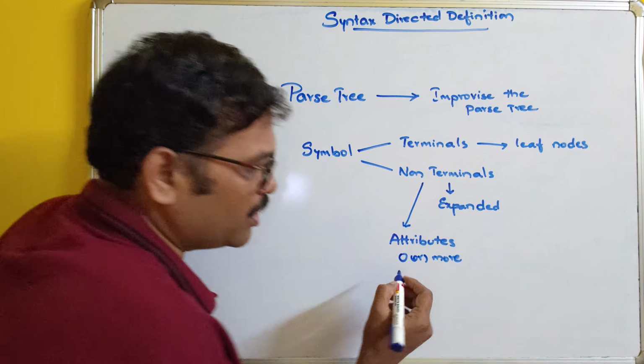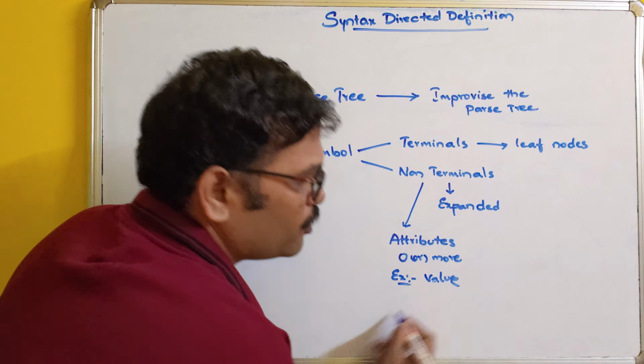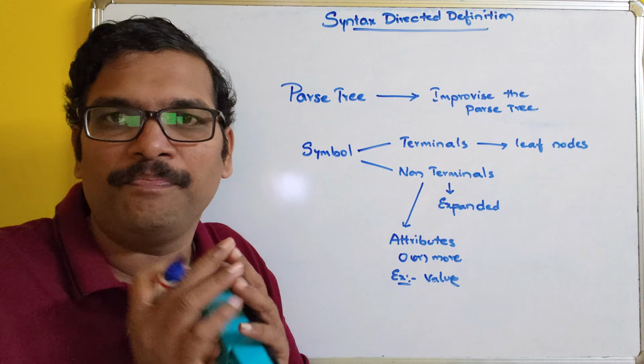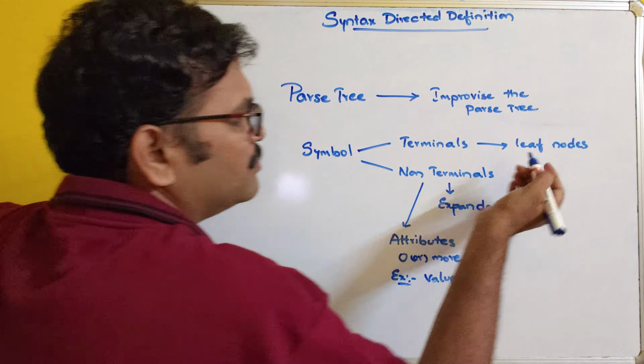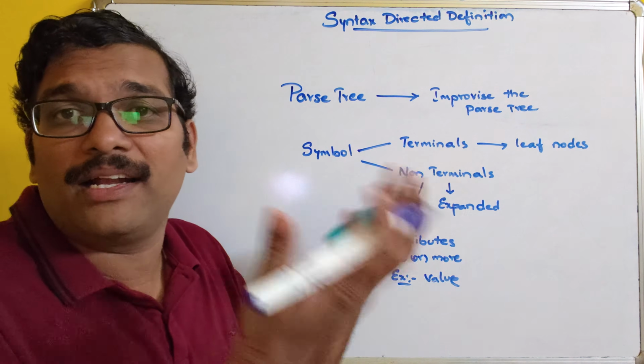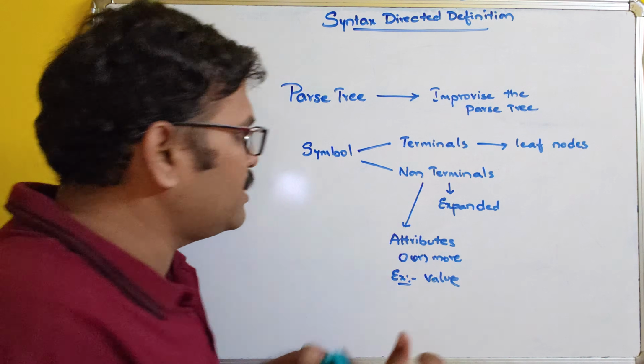One such attribute is a value. Every non-terminal will have some value. For leaf nodes, there will be no attributes directly; we can have the lexical value, a direct value. For example, see,